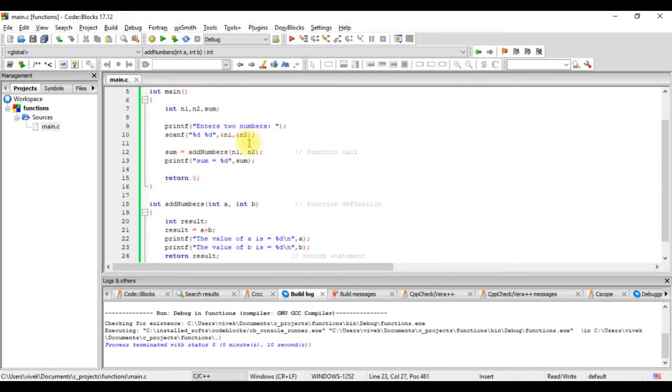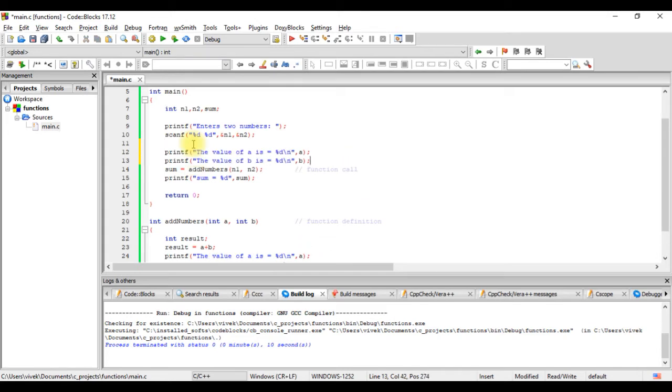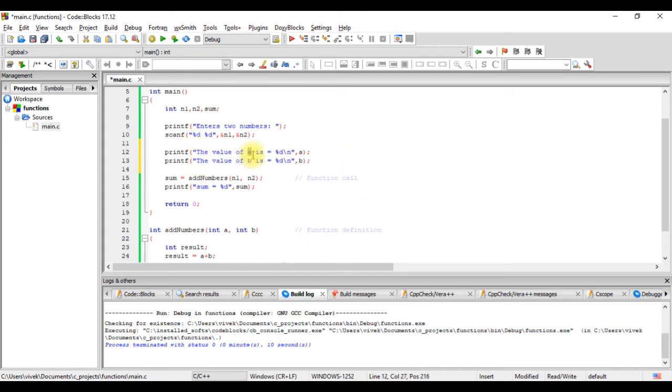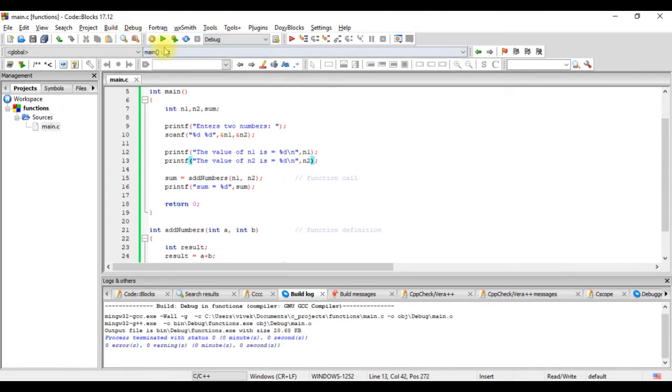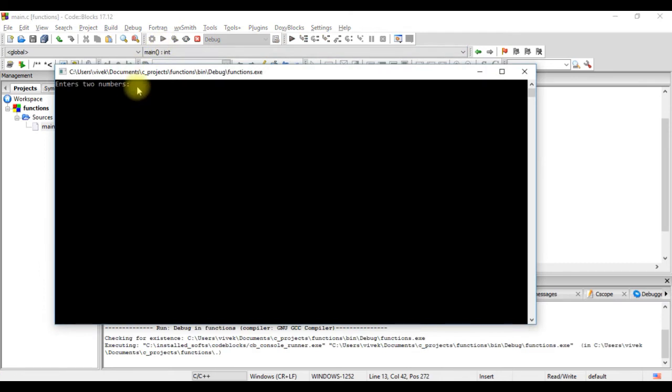Let's print here as well the values of n1 and n2. So we'll just copy this. When we build this and run it, we have entered two numbers, 21 and 2.